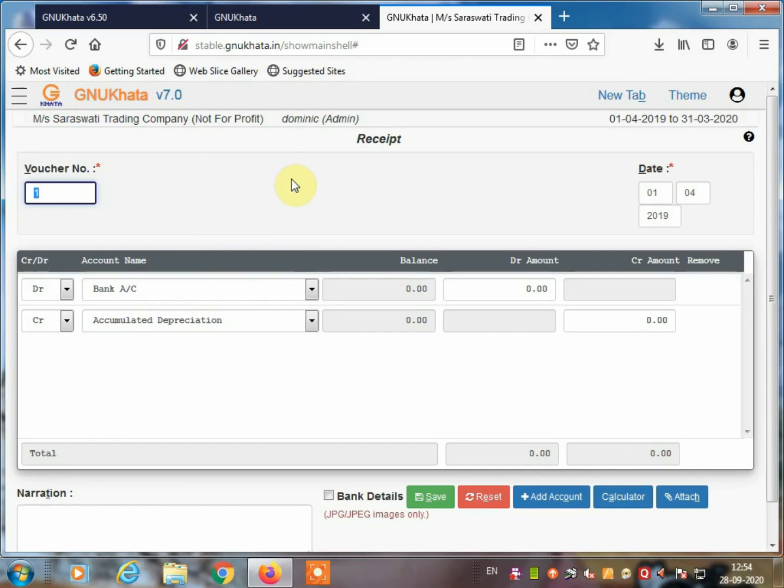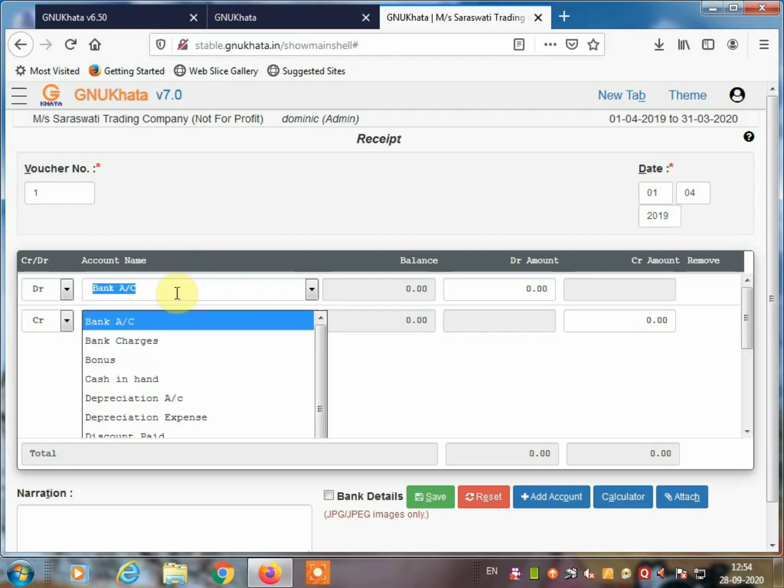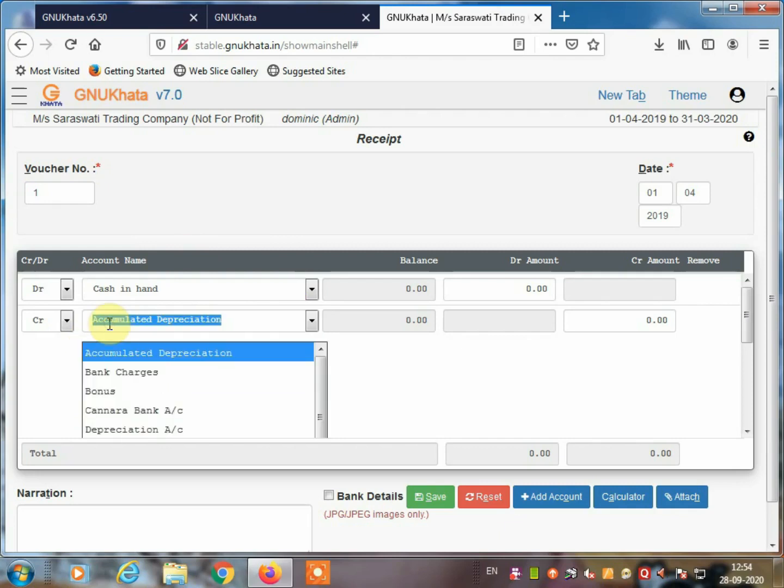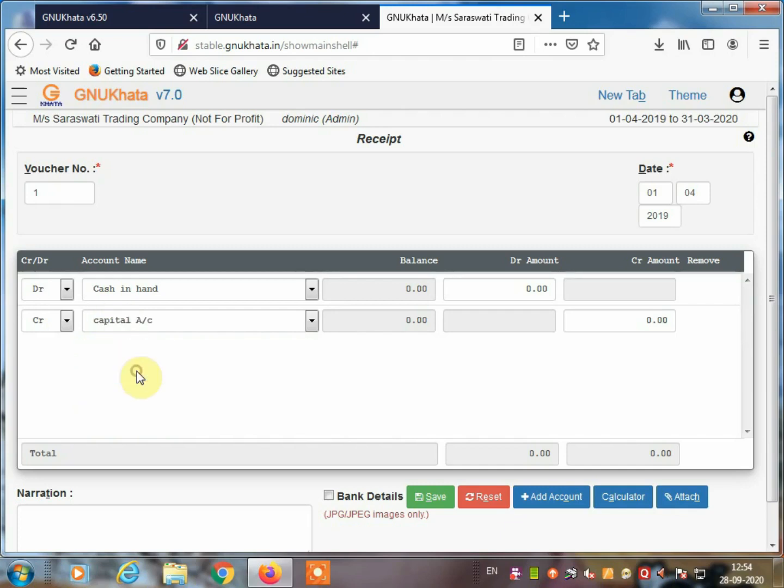Here Mr. Saroj started business with cash, so cash account debit to capital account. Cash is debit, so cash in hand account debit to capital account. The capital account we already created, so it came automatically, just like in Tally.